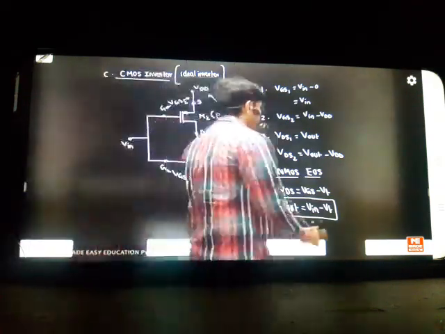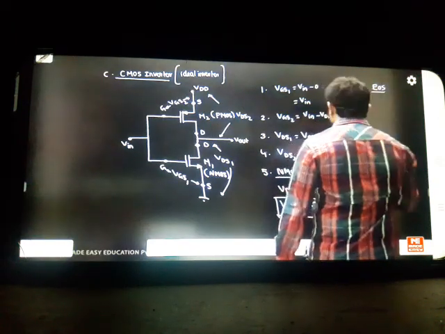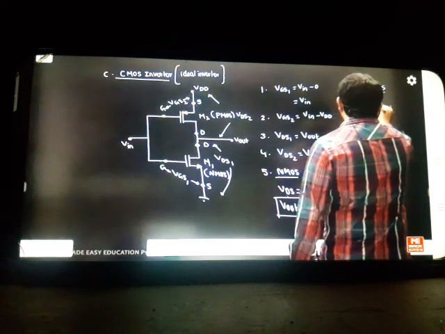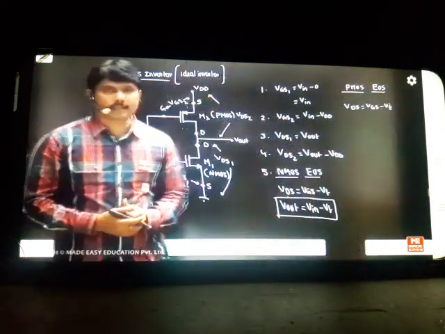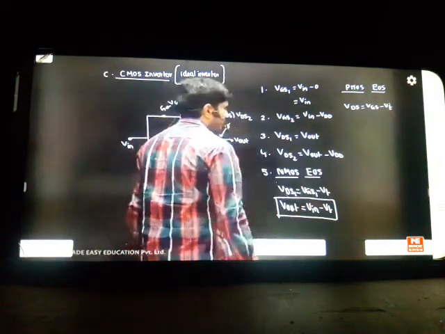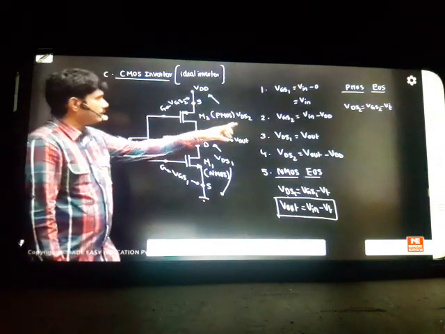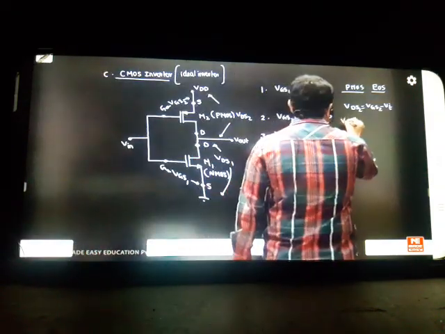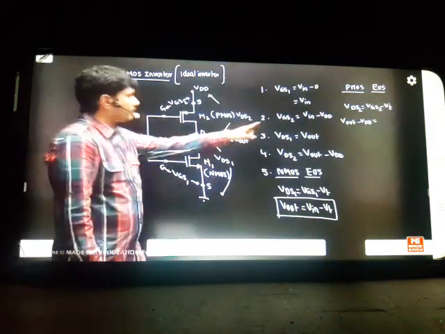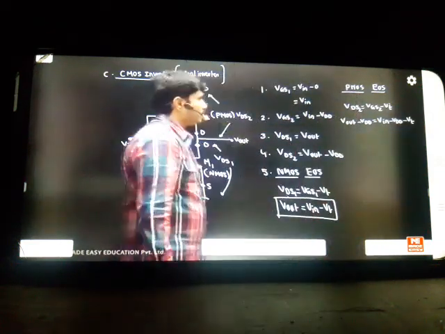And the PMOS boundary, if you want it. If you consider the PMOS EOS boundary, we can write it as VDS equal to VGS minus VT. For both the cases, the relations will be the same, but the signs will be different, we'll see that. VDS is how much here? This is VDS1, you write. This is VGS1. Here we can write VDS2. This is VGS2 minus VT. This is the second boundary. What is VDS2 here? VDS2 is nothing but Vout minus VDD, which is equal to VGS2, VIN minus VDD, will be the relation. You can see the boundary relation again we are getting.